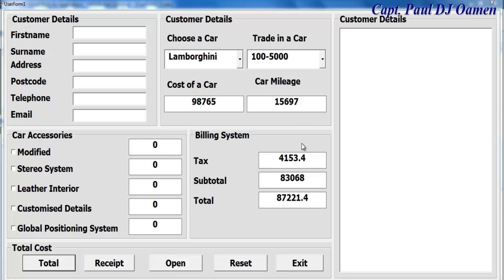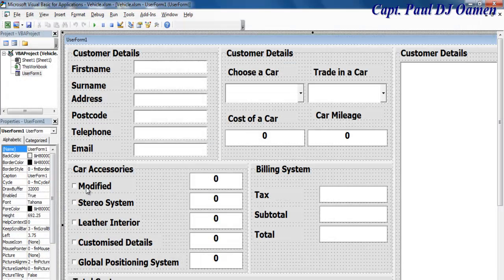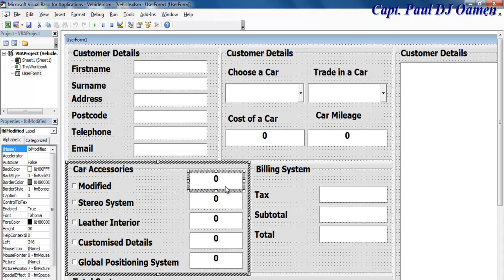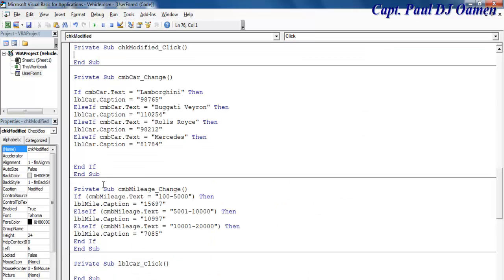So what we want to do now is I want to be able to add all of these. So if I click on this, let's say the customer wants any of those accessories. If you select it, it should give you something. Okay, let's come in here, double click on this, and what's the name of this? Okay, copy that, double click on this, and right in here let's use an if statement. If chk modify